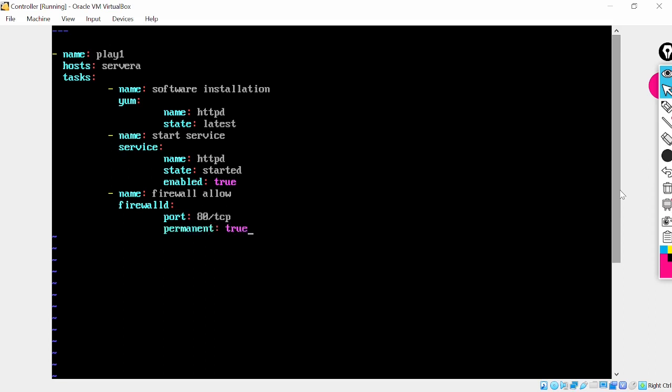So true, we want it to be permanent, and also we want to see the immediate effect. So immediate yes, and state should be enabled even after boot. We'll just copy the same and